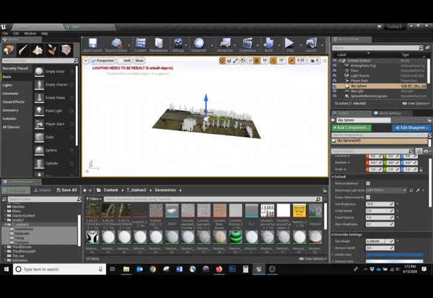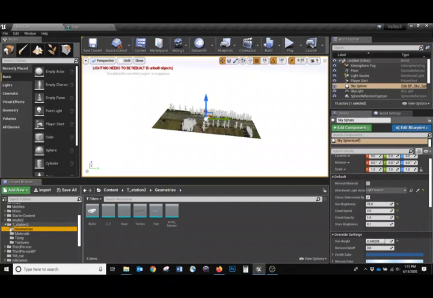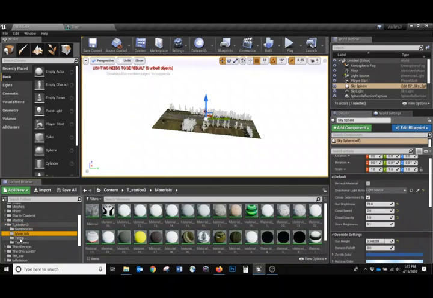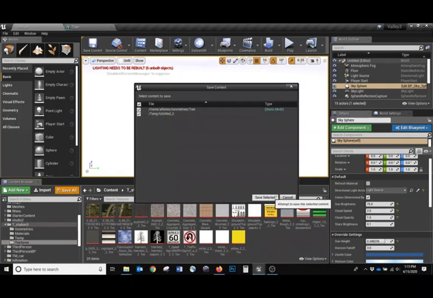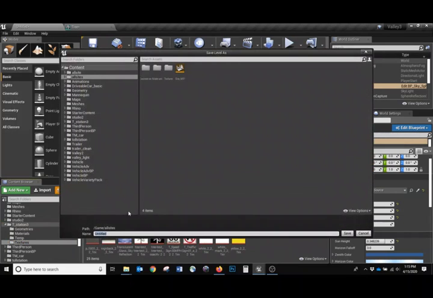Okay, so this file rename just completed. So I have this geometry directly under the T Station 3. Alright, so that's good. And after that we can just make sure we have clean geometry, material, textures. That's all good. Then I will go ahead and save all. Oh, for this untitled map, yeah, I will save that as well. So this map I will save directly under my new folder T Station 3. So this is called